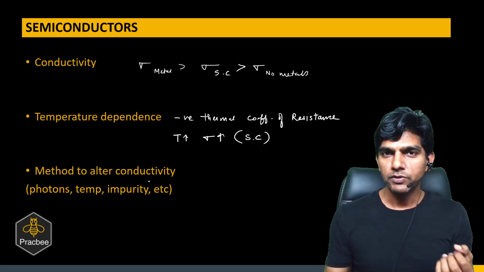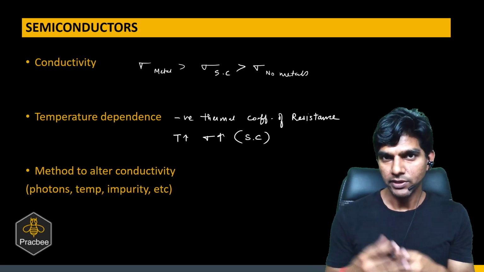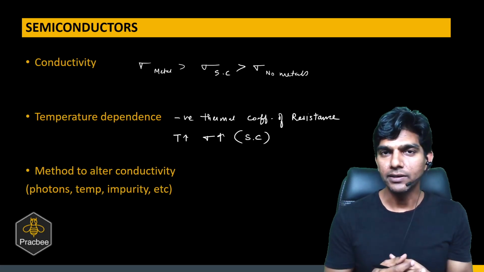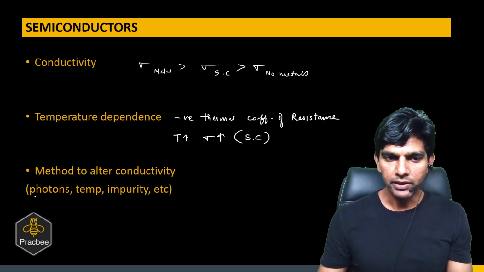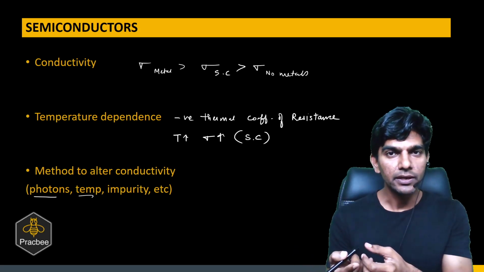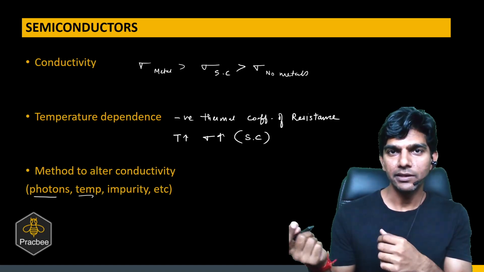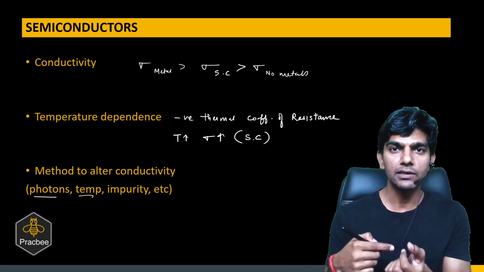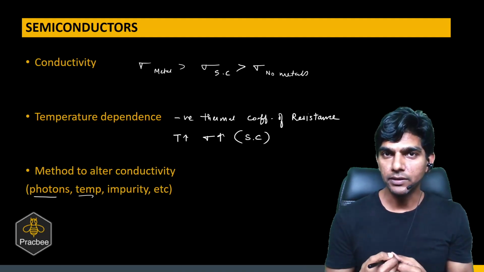And there are certain methods with which we can alter the conductivity of semiconductors. That is the reason we use them extensively in all electronic devices, because we can alter conductivity. So there are various ways. One will be by giving energy in the form of photons, or by changing the temperature, or by replacing some of the semiconductor atoms with some other atoms. We'll see in extrinsic semiconductor, if we replace silicon with aluminum or silicon with phosphorus, we can alter the conductivity,